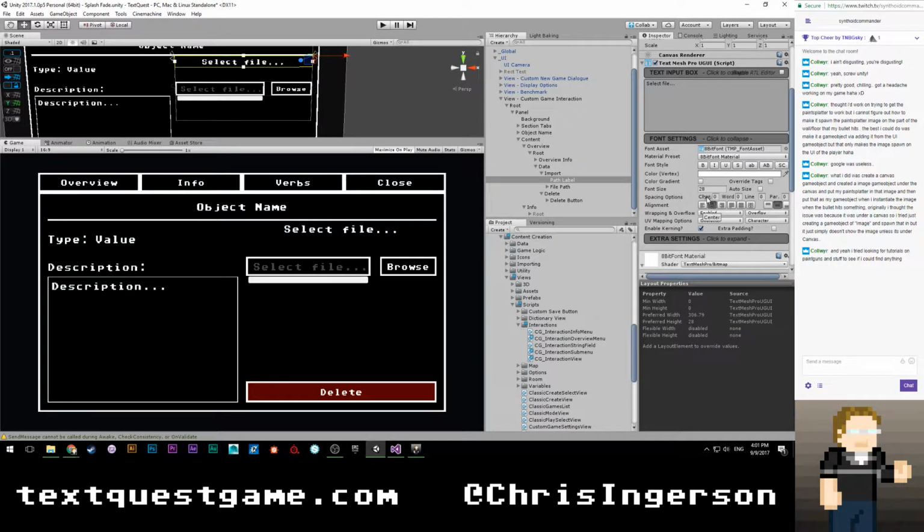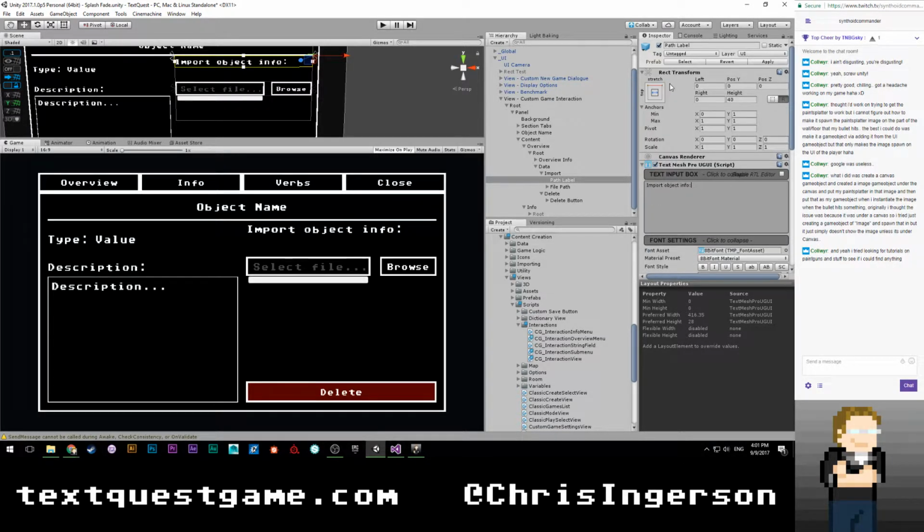We're going to be line left, actually. So we'll call this import object info. That's probably fine. I'm not sure what else I would do there. So